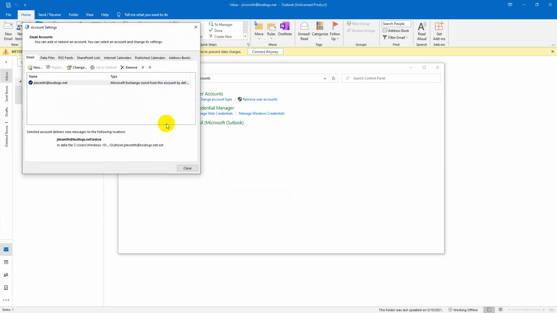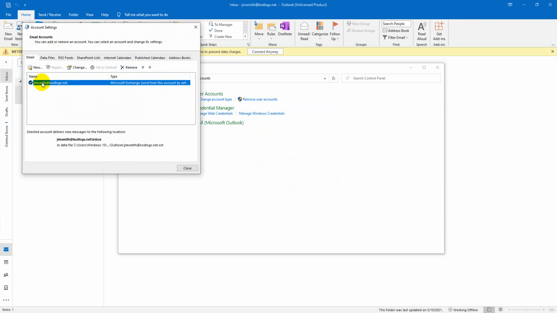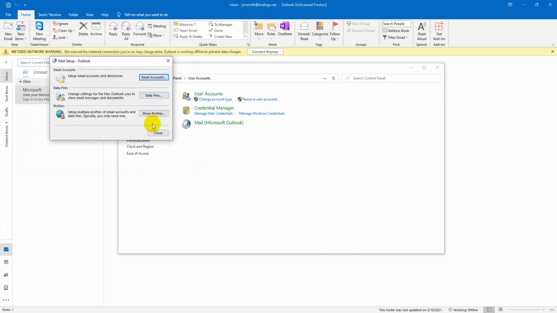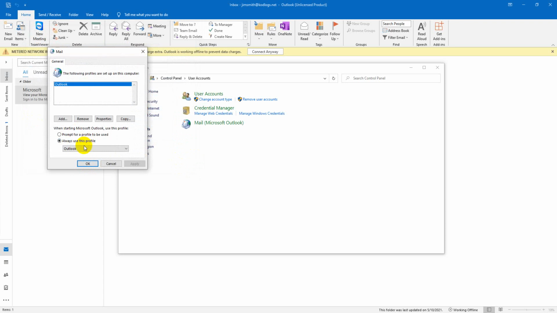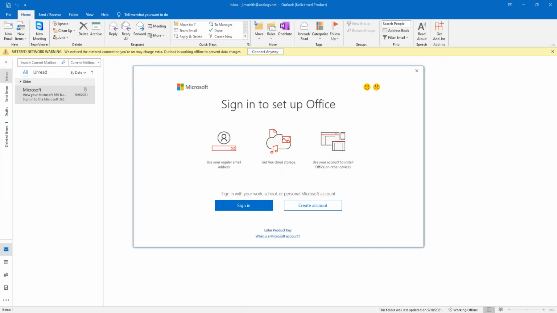Okay, apply. So I just deleted my previous Outlook account, and now connect this new email account with Outlook.